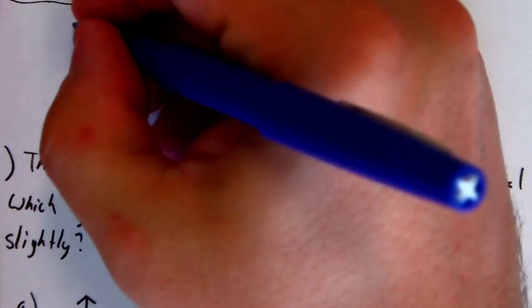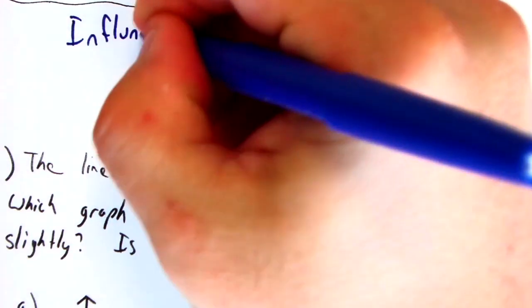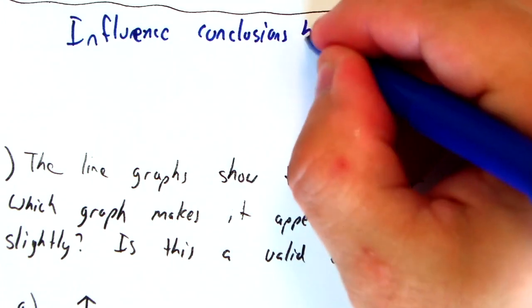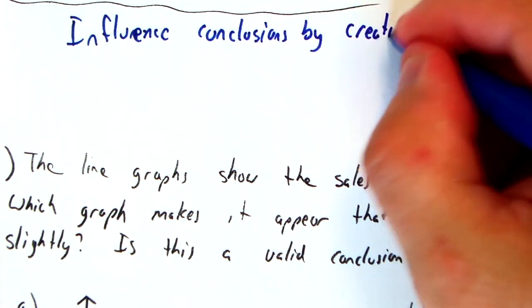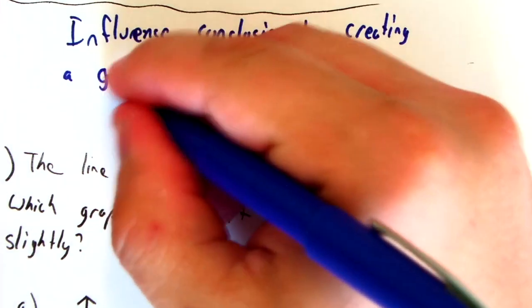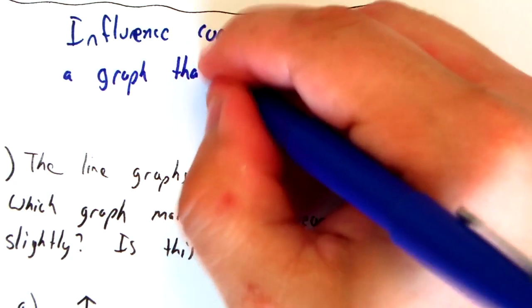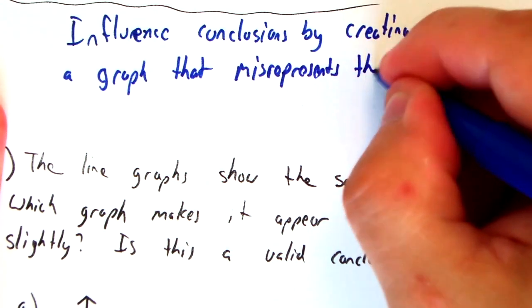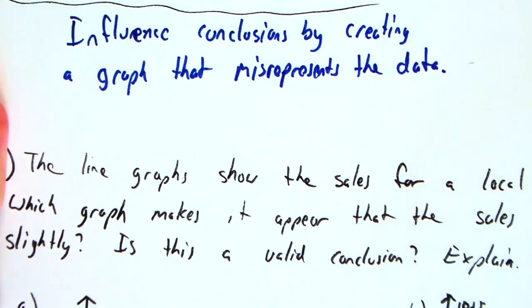So we can influence conclusions by creating a graph that misrepresents the data. For example, we can make something that is bad look less bad, or make something that is good look better. The reason why we would want to do this is simply because